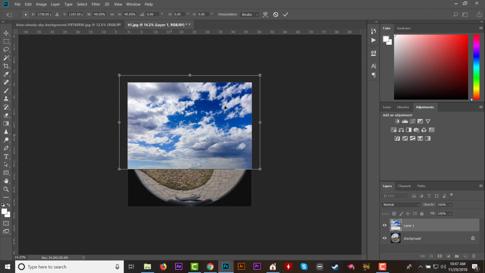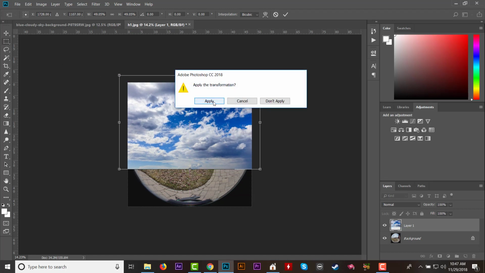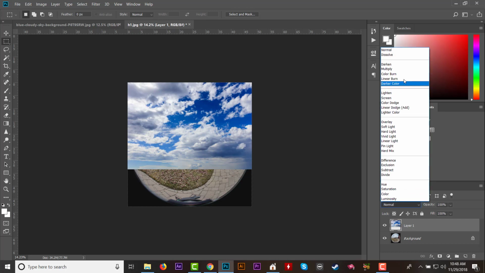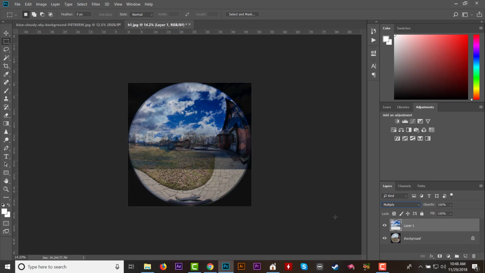And I'm going to make it roughly the size of the picture here, or roughly the size of where the sky would be. And then I'm going to hit the blend mode drop down over here, and I'm going to choose multiply. So that looks weird, but like I said, this is the quick and dirty way. So the way you fix this is